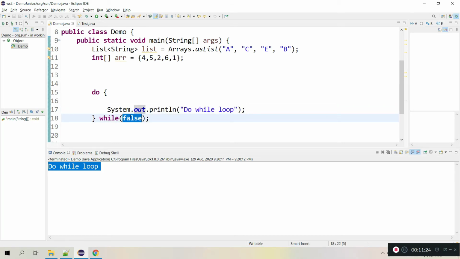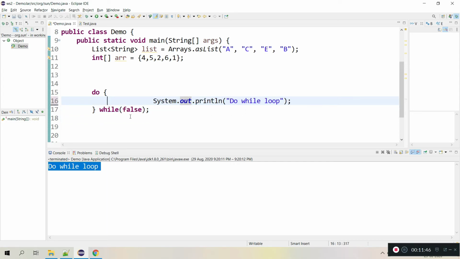Let's say here is one scenario. From Monday to Friday, every day I need to verify some records or files at least once. On some days, like Tuesday, Thursday and Friday, I need to verify multiple times, like morning, afternoon, and end of the day. So based on the day, I need to verify. In that case, at least once I need to verify, so here I can go for a do while loop. On Monday and Wednesday or some days, at least one time it will be executed, and the remaining days based on the condition.